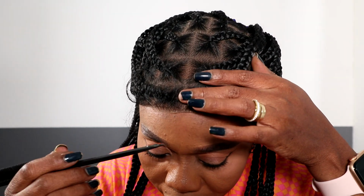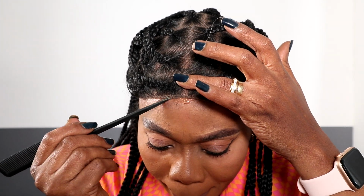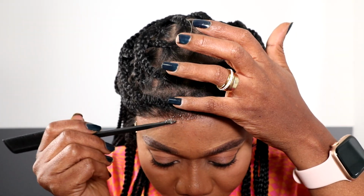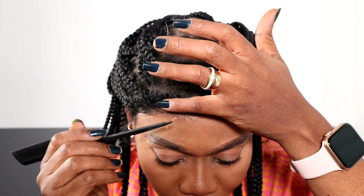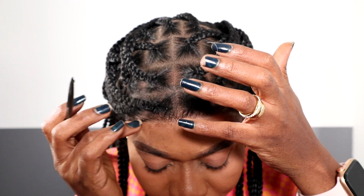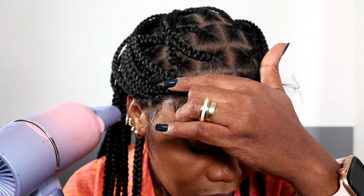Okay. So guys, I'm going to use styling gel to install this, to lay it down. I think I'll do that off camera, then I'll be right back, because my battery is gone. I'm just going to do this like this. See that? So I will do that all around, then I'll be right back to show you guys. So I will go dry it. Now that I've done that,